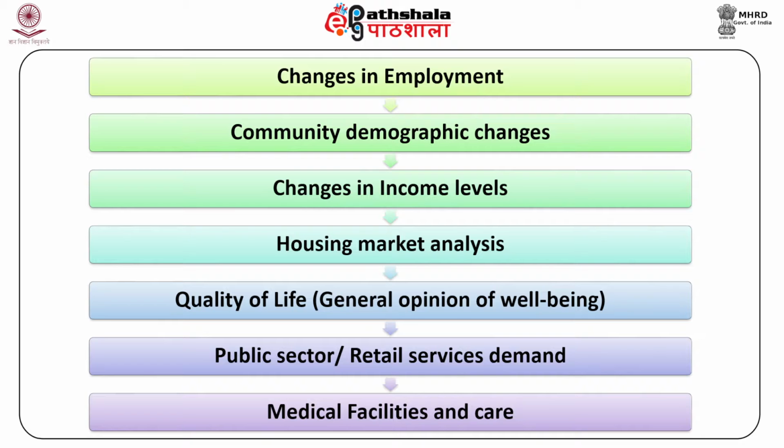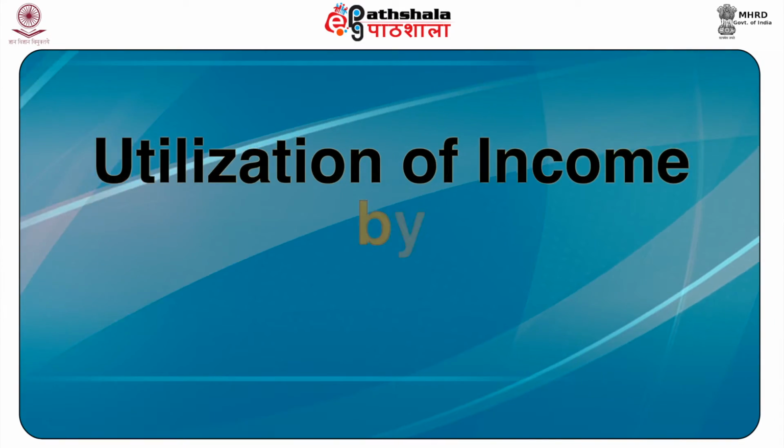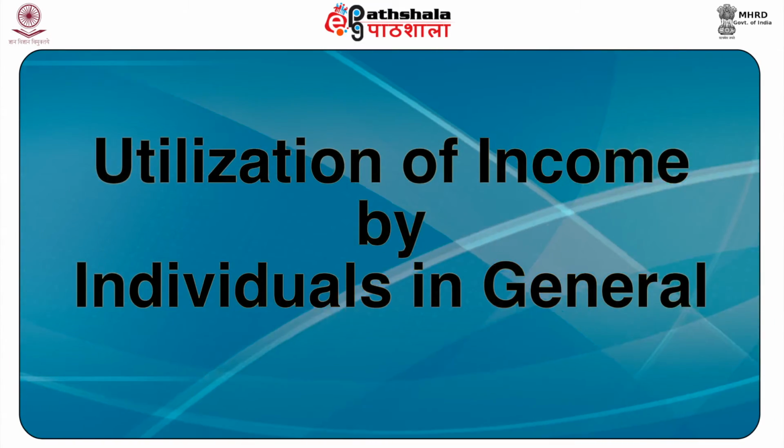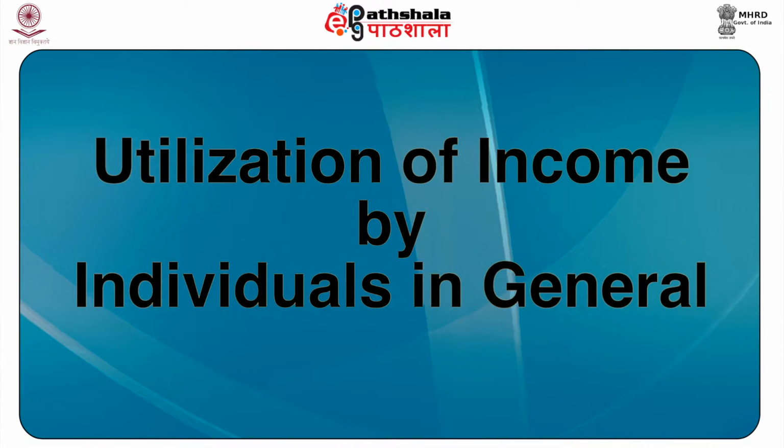Seventh, medical facilities and care. The level of medical and healthcare facilities that are made available to the employees and the members of the society, such as hospitals, dispensaries or healthcare centers. General availability of professionally qualified medical staff, developed and latest modern medical facilities and regular follow-ups, proper and easy availability of medicines.